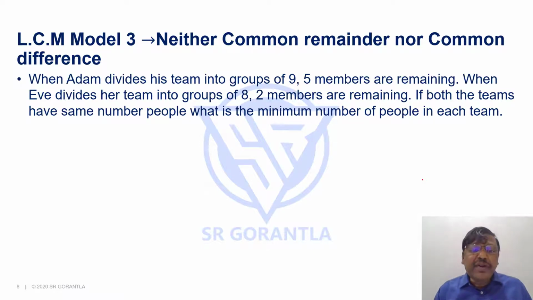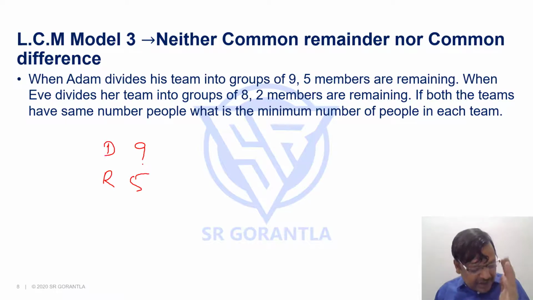When Adam divides his team into groups of 9, 5 members are remaining. So what does it mean? The total team members, when divided by 9, the remainder is 5. Eve divides her team into groups of 8 and 2 members are remaining, which means when the number is divided by